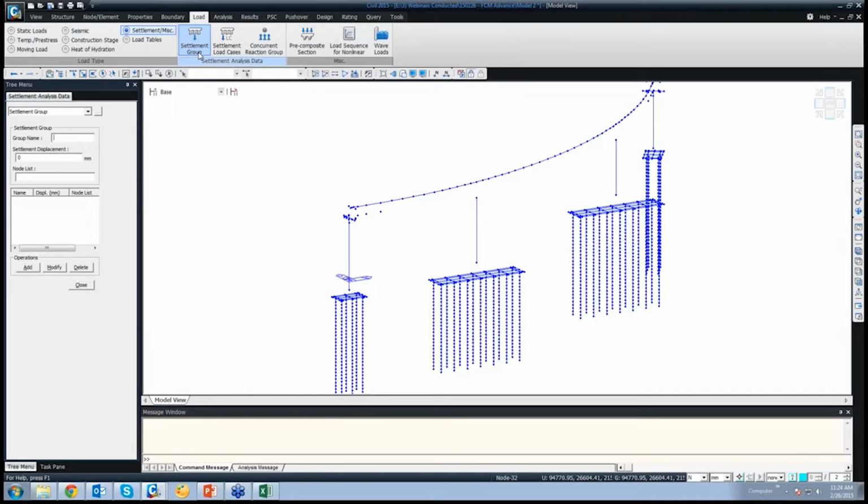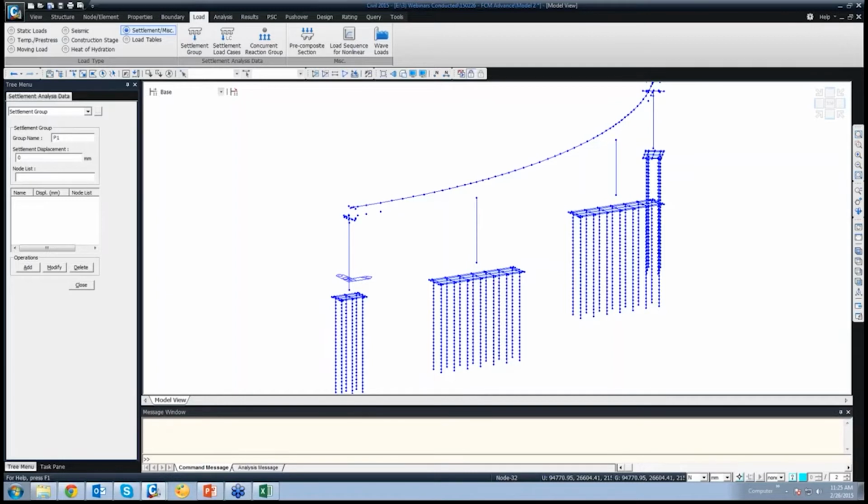So instead of settlement for the pile and its element, the settlement groups will be created for the pier bottom. So we'll create and say we are going for a case where the two piers on the left and the one pier on the right are settling by 10 mm. So we are going for settlement of 3 piers. So I'll be creating groups accordingly.